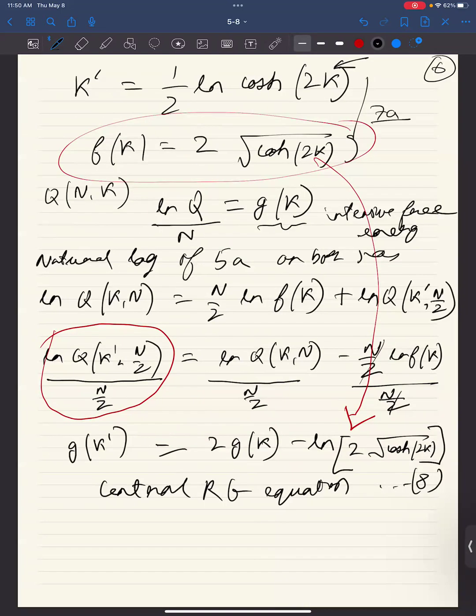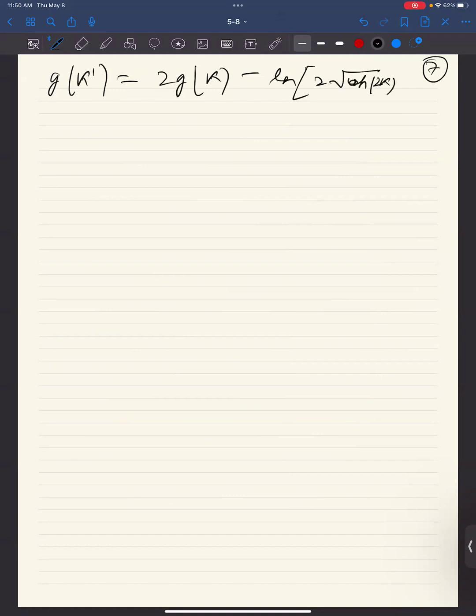I'll write down this central equation on the next page, and we will see how it works for the 1D Ising model. So I had the central equation as g of k prime is equal to 2g of k minus ln of 2 square root of hyperbolic cos of 2k, something like this. So let's start with k prime very small, almost 0. Central RG equation. If I start with k prime equal to 0,